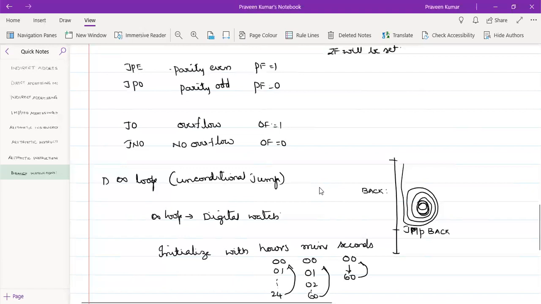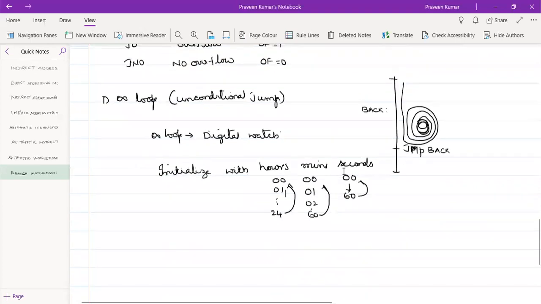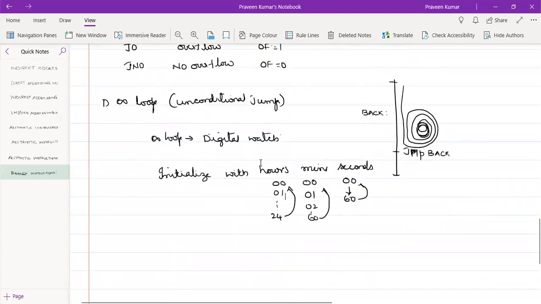So it forms an infinite loop. There are many examples: air traffic control works on an infinite loop, internet routers work on an infinite loop. They will never be equal to 0. So unconditional jumps are used, and we have given some examples of unconditional jumps.